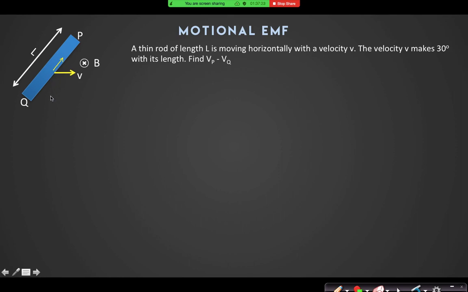No, it will contribute to force on electron. But look, any positive charge that is moving in this direction will experience a force along this line. So you can say that there is a charge separation between these 2 points. But I have said that it is a thin rod, that means this length is very much negligible. If this length is negligible, the potential difference between them will also be negligible.